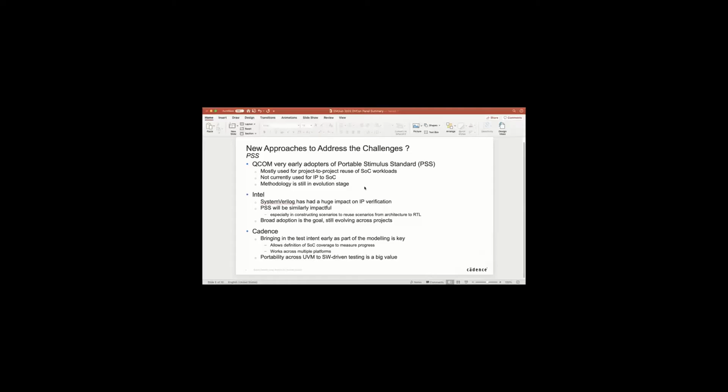In other words, being able to create scenarios that will run on virtual platforms, on simulation, and on hardware accelerators is key, because then you can have content ready for when the RTL becomes ready. That also implies portability across UVM to software-driven testing. That's one of the big values.